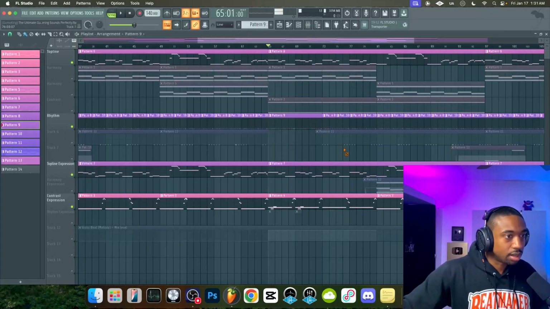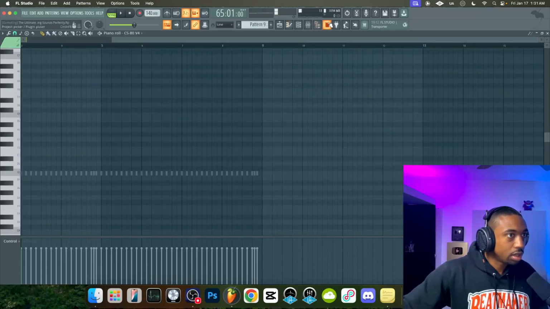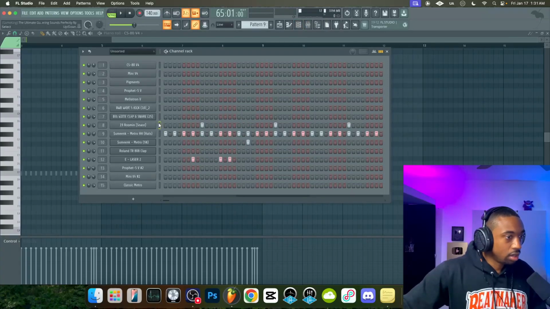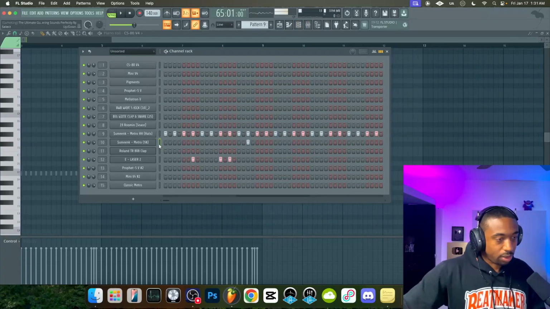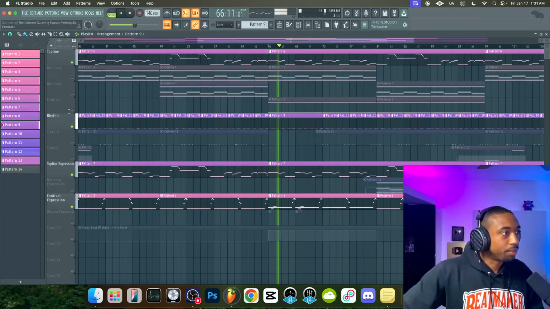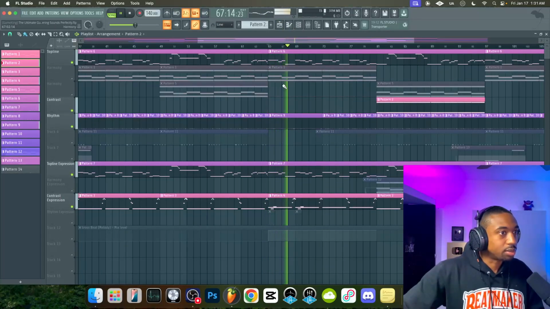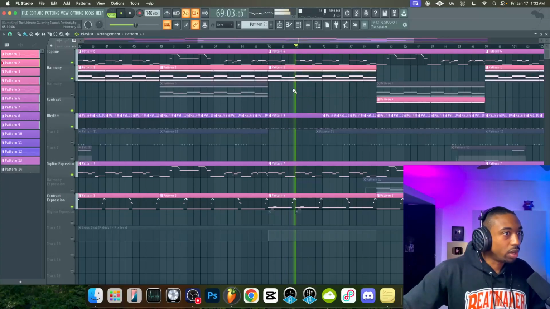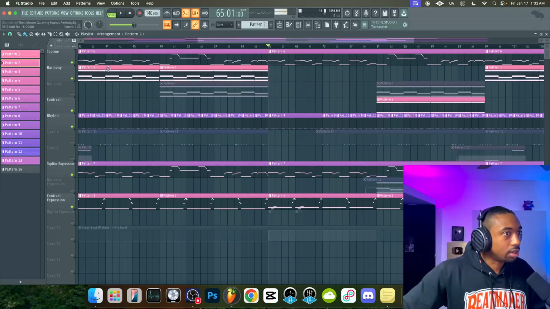So for something like this, I'm going to just zoom in, group those, remove the snares, and that way we just have the hi-hat and that bass, at least for this part. We don't need this contrast layer at this point. We don't need the harmony because it adds too much harmonic content.